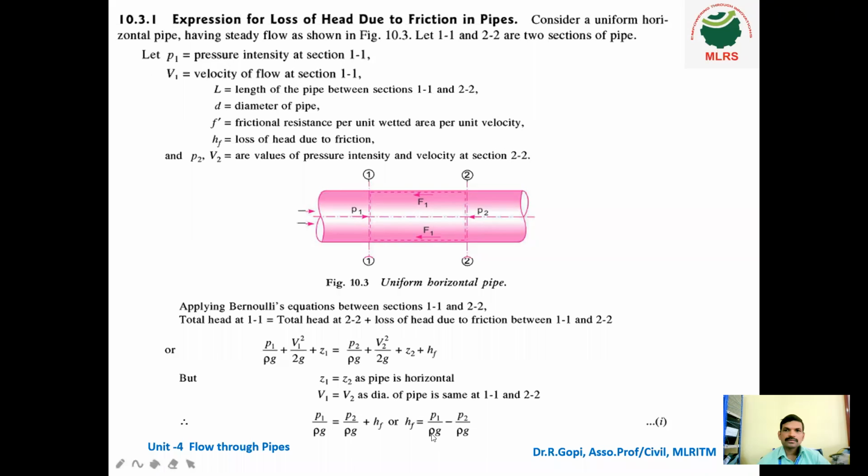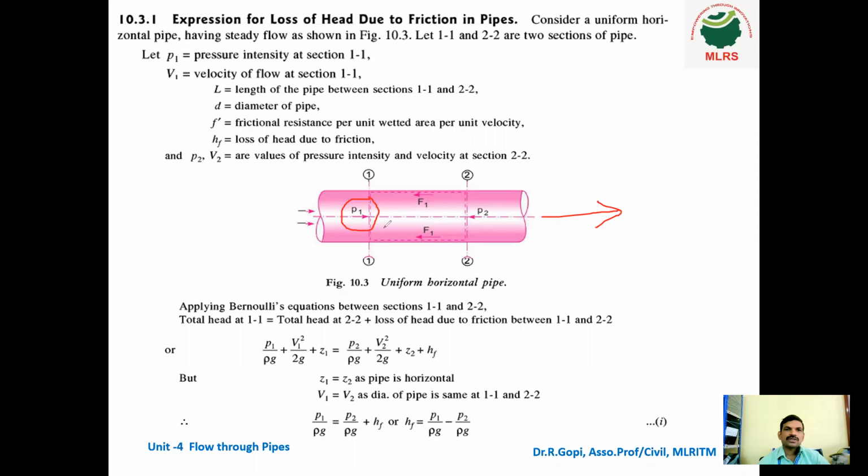In this pipe, this is P1. Water is flowing in this direction. So this is P1, and in the opposite direction, a smaller amount of pressure is created due to the frictional force. So this frictional force F1 and the P2 value are both acting in the opposite direction. Where is the frictional force maximum? Near the wall of the pipe. In that portion, the frictional force is maximum.